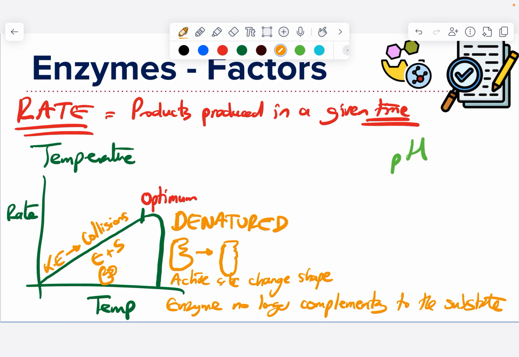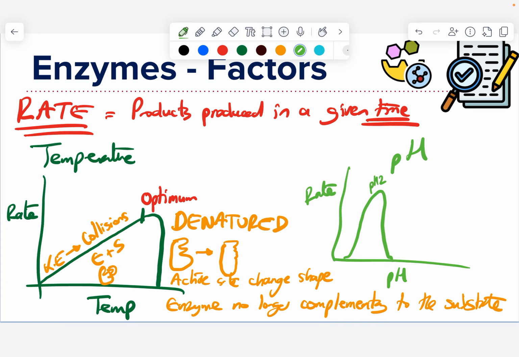Then you have pH. So different enzymes work at a different pH. So obviously again we have pH on my x-axis, we have rate on my y-axis. The protease that works in the stomach has an optimum pH of about pH 2. But most other enzymes have an optimum pH of about pH 7. You can see that for pH, you have an optimum pH,